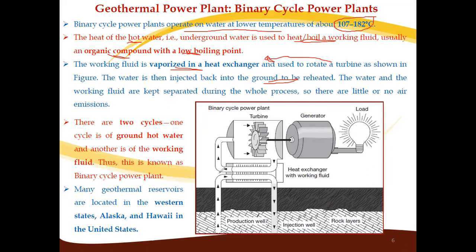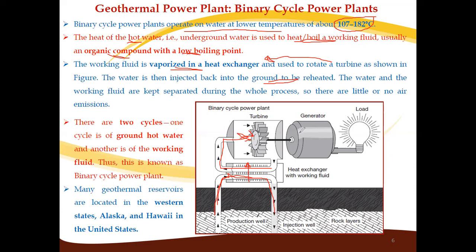So this is a working fluid. Here is a heat exchanger. The working fluid passes to this turbine, and here is the water. The water passes through this, so we get water circulating through these pipes. A heat exchanger is a device which transfers the heat of this water to the working fluid. Then the working fluid becomes vaporized and passes through the turbine, which rotates the generator, and we get